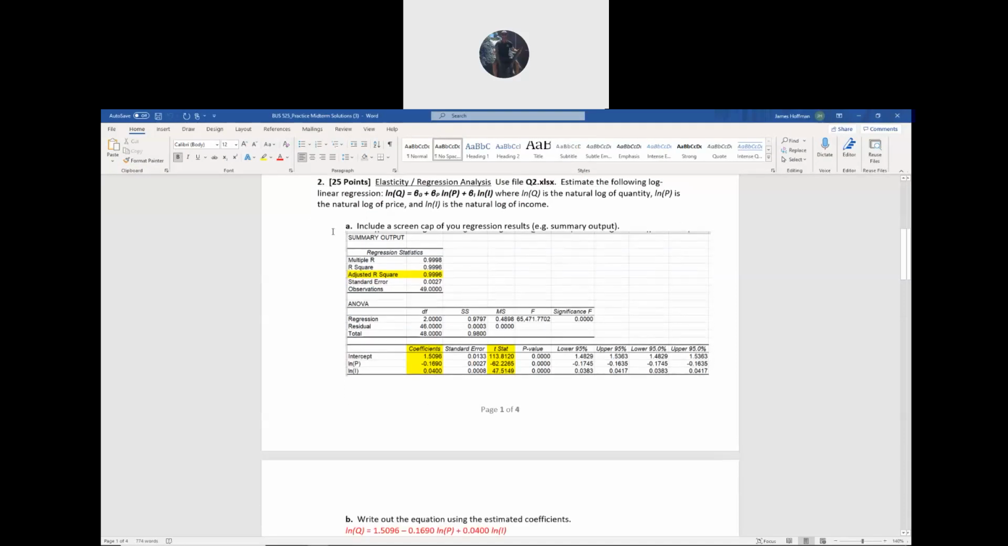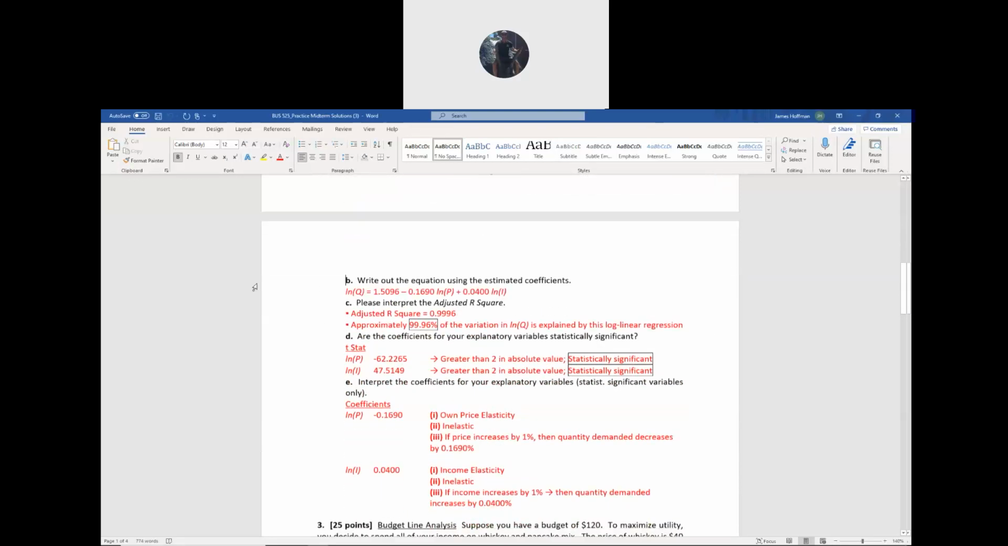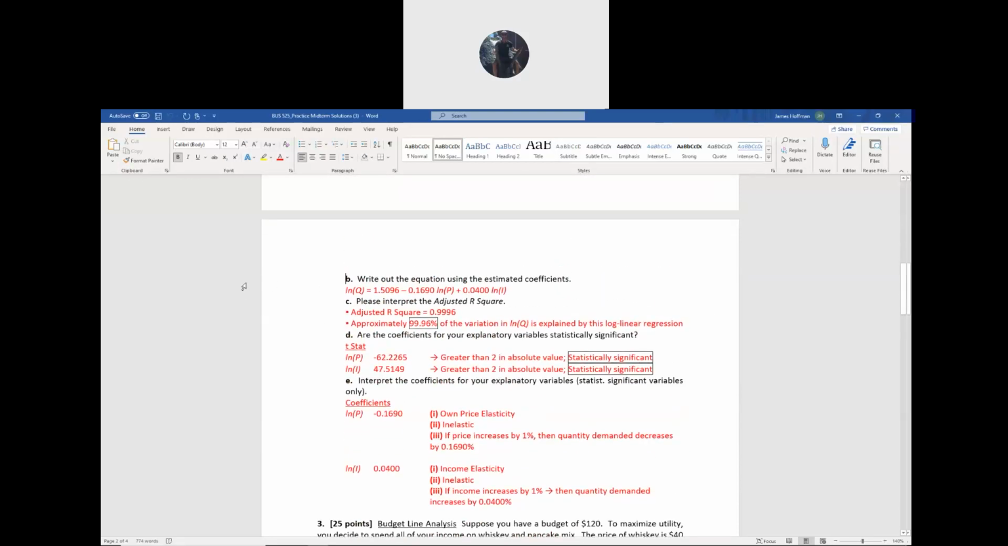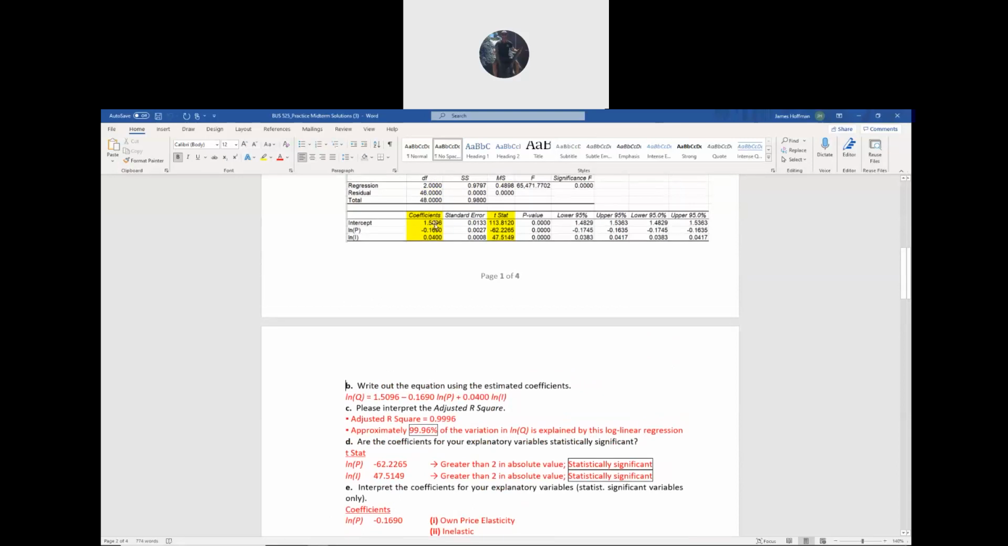Okay, so here we go. So part A is include a screen cap, so there's that. Part B is you're going to write out the equation using the estimated coefficients. So these are the coefficients for the intercept, natural log of price, and natural log of income. So our formula becomes, with the coefficients,